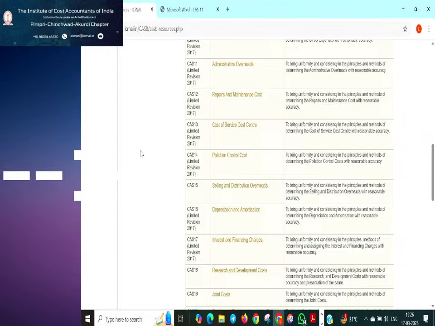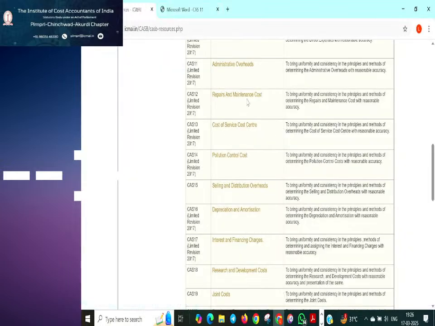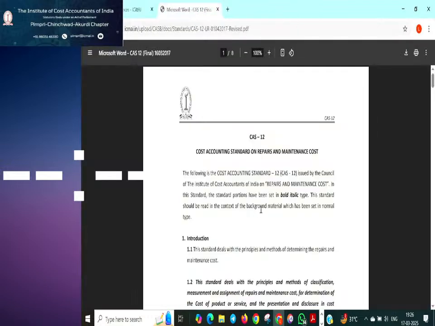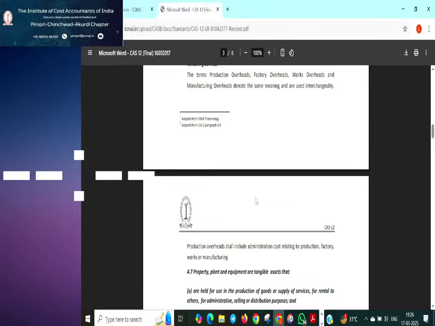So next, let's move on to cost accounting standard 12, which talks about repairs and maintenance cost, which is equally important. Okay. So once again, I go here. Repairs and maintenance cost. Okay. So once again, under repairs and maintenance cost, we will directly go to the